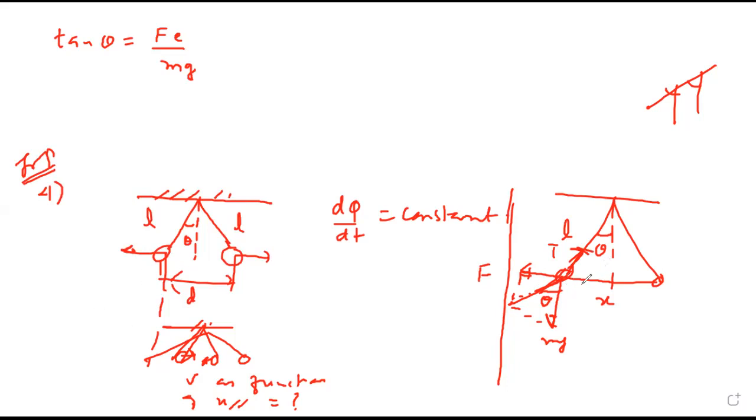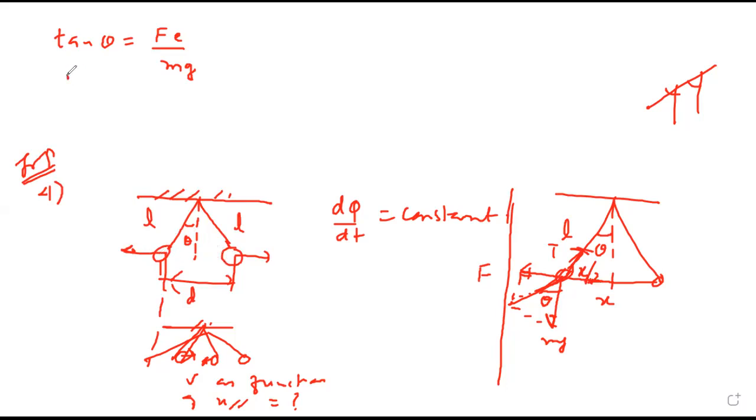So if I want to get the relation with x, tan theta is the opposite side upon the adjacent side, you know? But if the angle is very small, then tan theta can be taken as, its total distance is x, so this is nothing but x by 2. And the distance was very small, they have given.